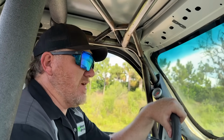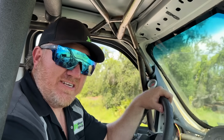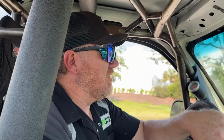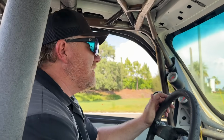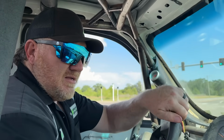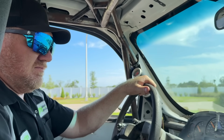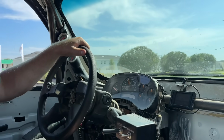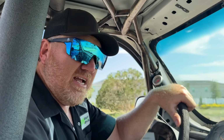You've got to learn that transmission the best you can before you race it. Otherwise, it does some crazy stuff. Allisons are a learning transmission. They have the TCM learns as you drive. I will test our lockup box because it's a new lockup box. Make sure it's all working. So what I'm going to do is I'm going to hit the tow haul on, and I'm going to actually run this thing in manual mode. So what that allows us to do is lock the torque converter early. I had a box in here before, but we didn't have